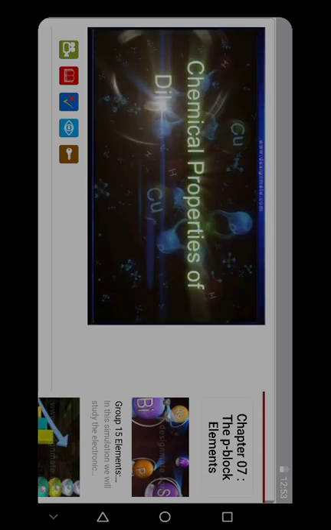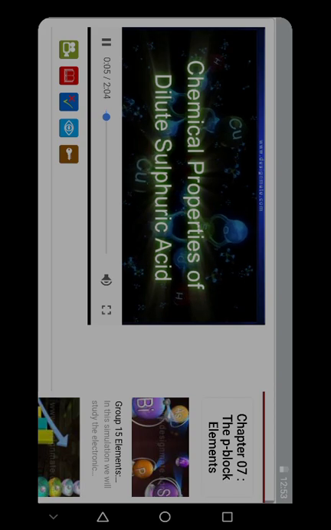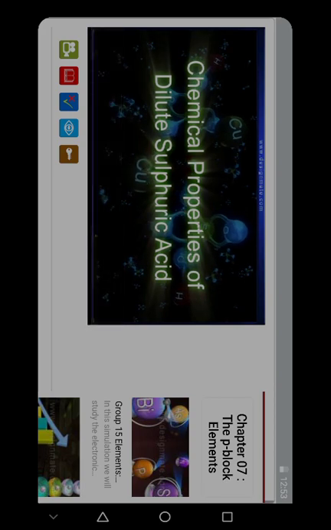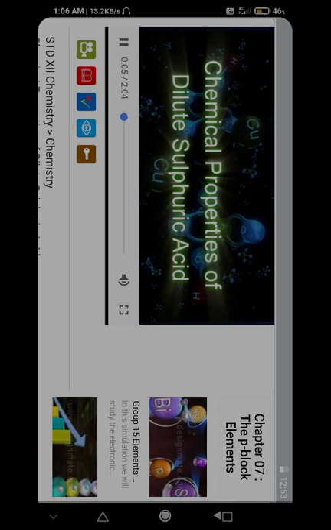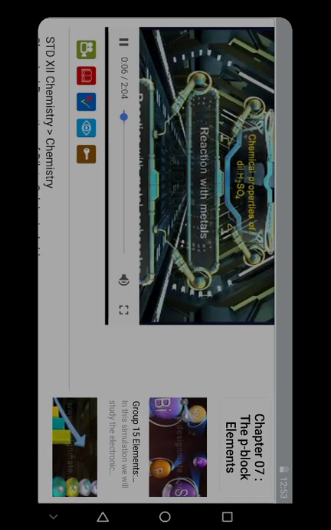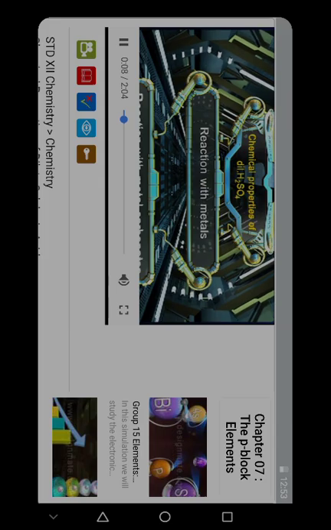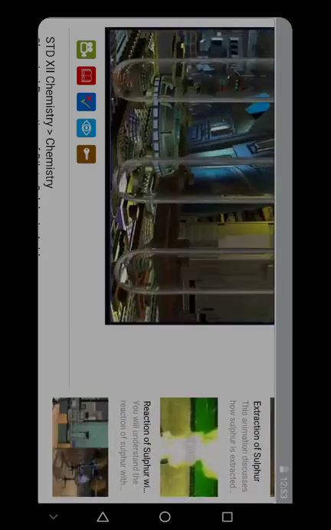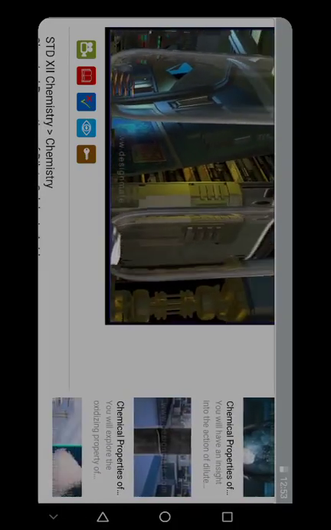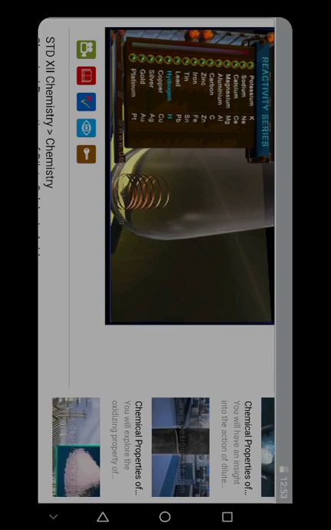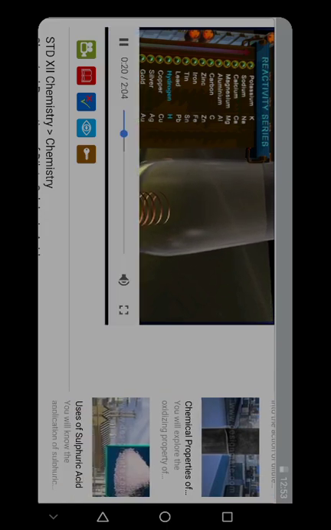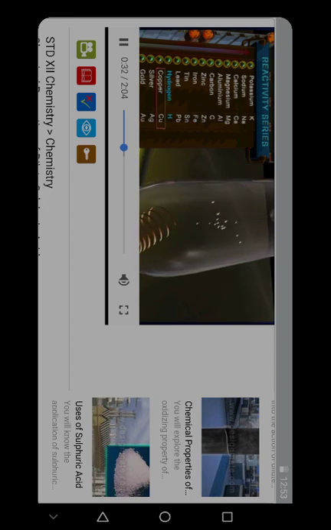Chemical properties of dilute sulfuric acid. Reaction with metals. First of all, let us look at the electrochemical series. It shows the reactivity of various metals. Acids do not react,